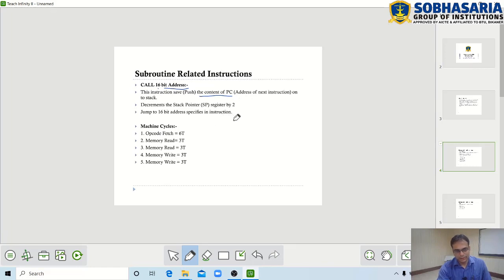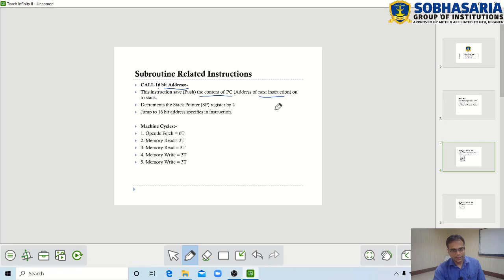Remember, we have learned how stack works. Stack has push operation and pop operation. So whenever call instruction is executed by 8085 microprocessor, it saves the address of next instruction into the stack.